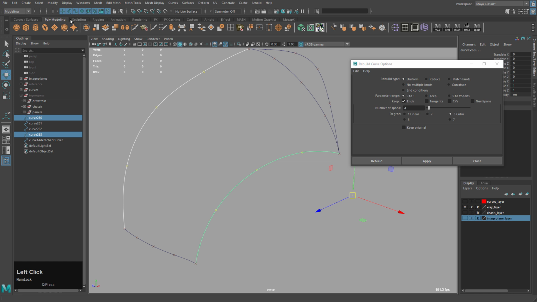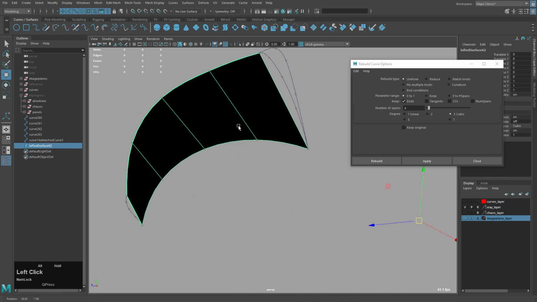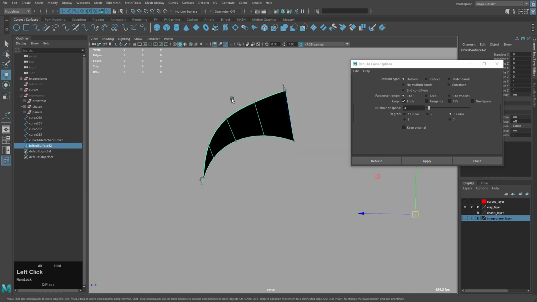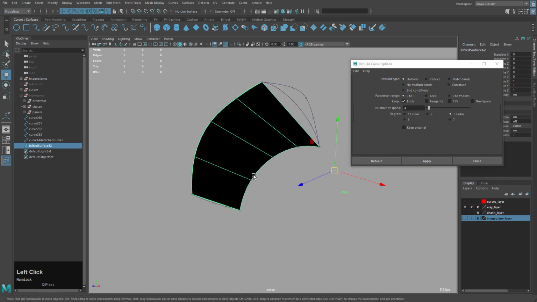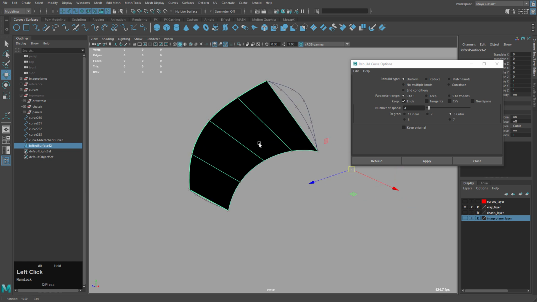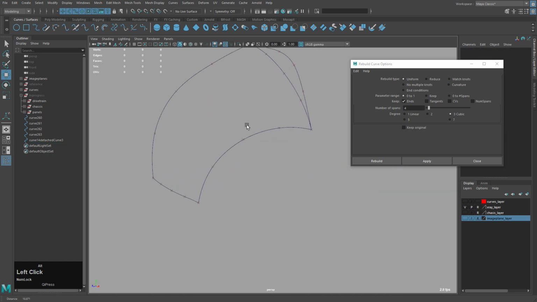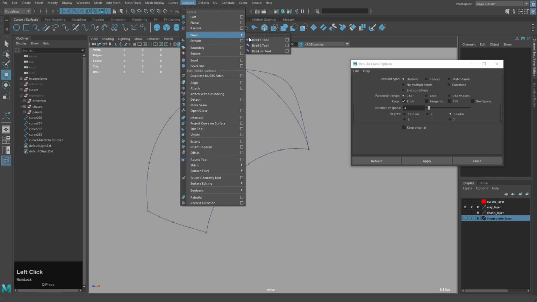So now we can test this by going to surfaces and clicking loft, and you can see we have pretty good distribution. It's not favoring one side in any way, so I'm going to delete that. And now I'm going to do a bi-rail. So I'm going to go to surfaces, bi-rail, and this is a bi-rail 2 because we have two profile curves or rail curves, profile curves, I don't know.